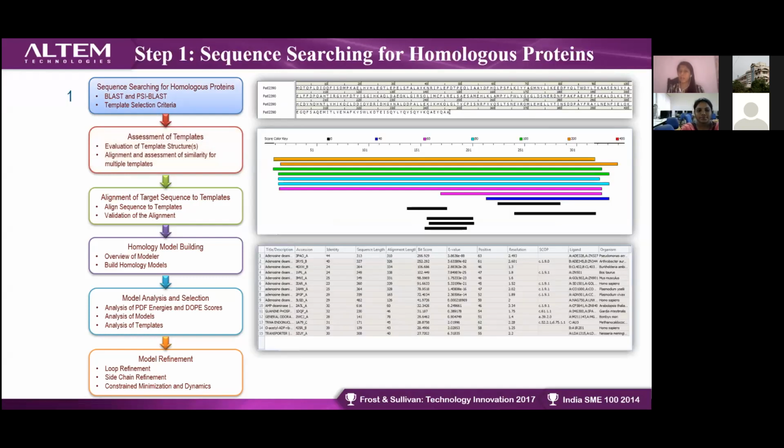So what happens is you need to search for your sequence, based on the homology modeling. Whatever I have mentioned up to the previous slide, you can do from online servers as well as online platforms. Whatever I'm showing here can be done only through the BioVia Discovery Studio software. Say for example, how we do homology modeling using this particular software.